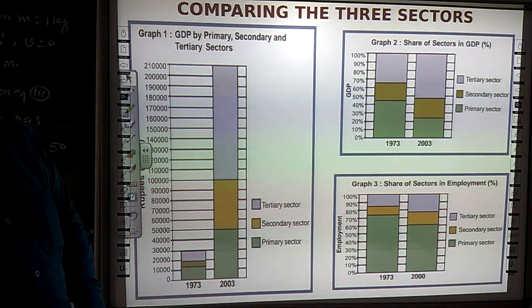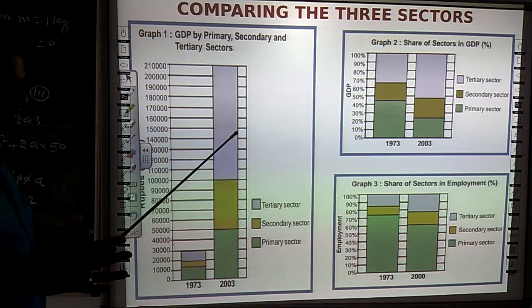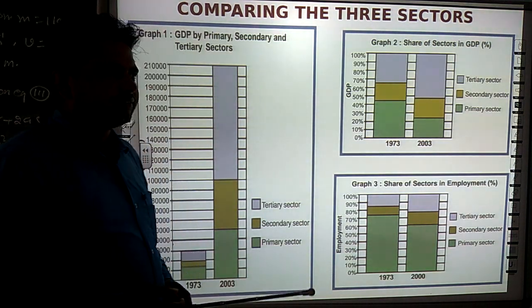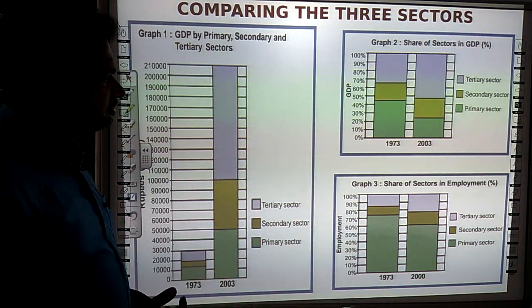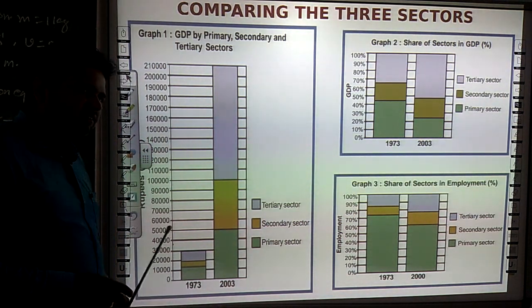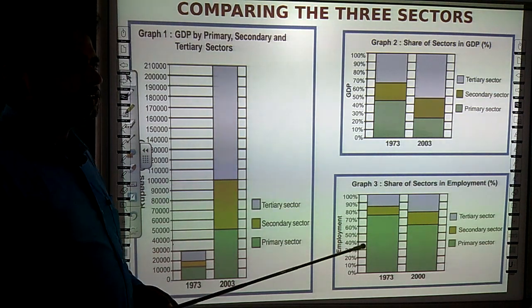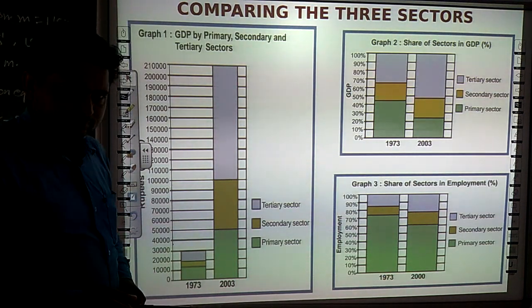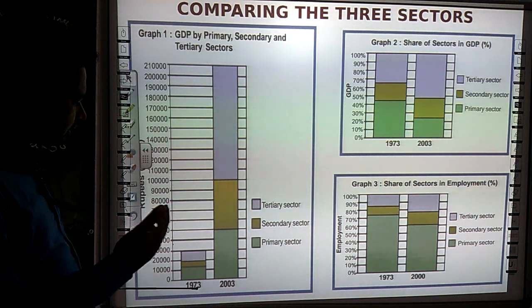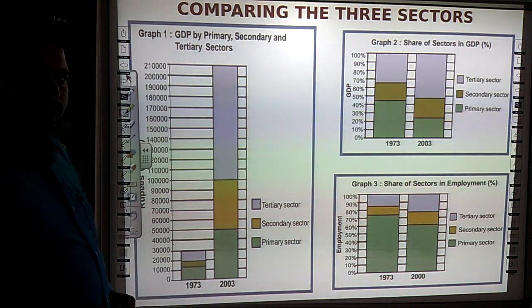In 1973, our Indian economy was not as high as it is today. Now our country is the sixth greatest economy of the world. But in 1973, the condition was very threatening. At that time, the primary sector contributed a lot in this